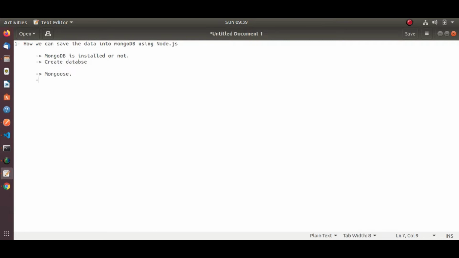First we will create one connection file, create the connection, and include it into app.js. So let's do that. Let me go to my project folder.